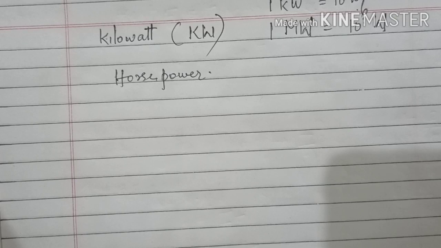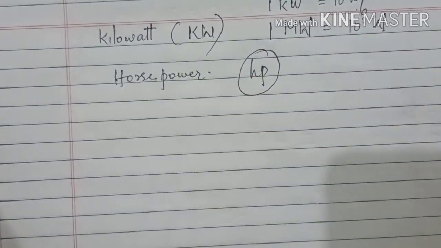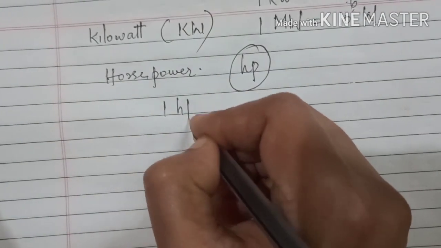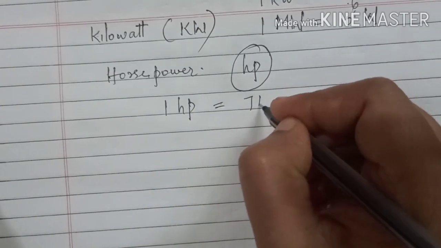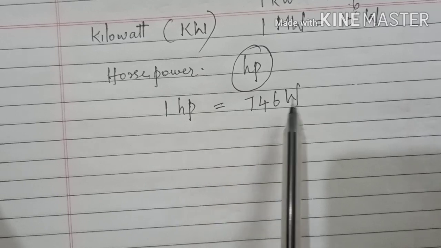You have seen in certain heavy appliances, like appliances which take more current, like an electric motor in your home. In such appliances you can see a unit written there in terms of HP. It is the unit of power, a commercial unit of power, and 1 HP is equal to 746 watts. Understand? 1 HP equal to 746 watts.